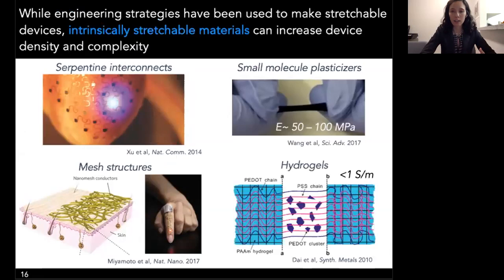So to address this challenge, what people have done in the past is taken known stretchable hydrogels that are electrically not conductive and added some conductive fillers into them as an additive. But in these cases, the lack of a well-defined conductive network resulted in very poor conductivity values, less than 1 Siemens per meter. So we therefore asked ourselves the question, how can we leverage these known hydrogels that are soft and stretchable and combine it with what we know about making soft conductors to make gels that are simultaneously soft,